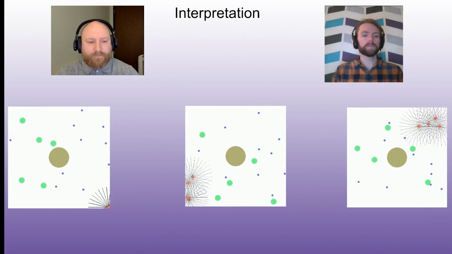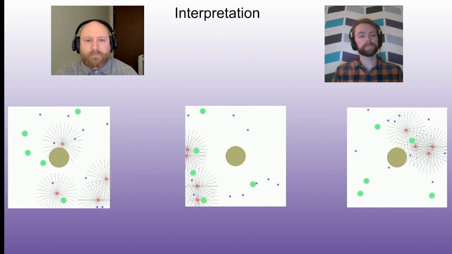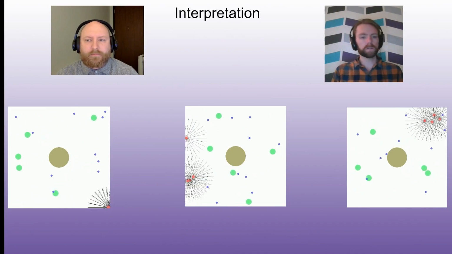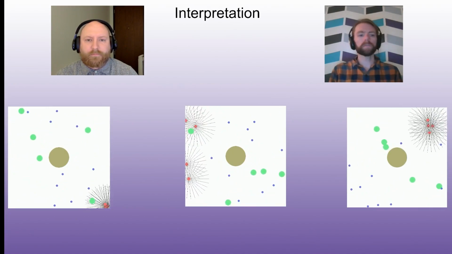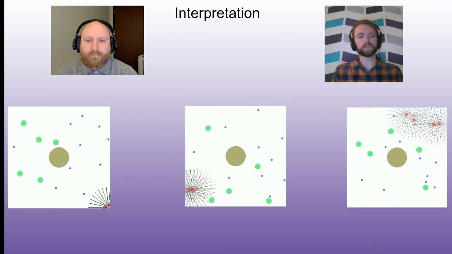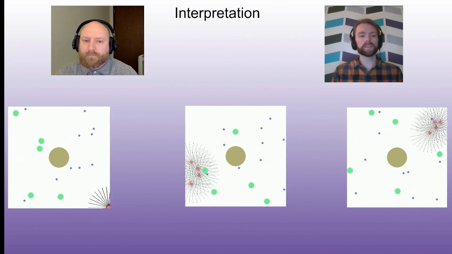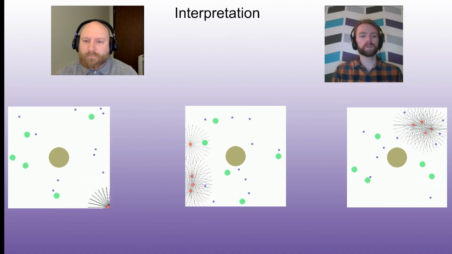Here we see three different visual examples along the training process of the multi-agent environment. On the first one, on the left, what we see is they have learned that they need to touch food together, but they haven't learned any sort of way to work together. So as a result, they all cluster in the corner, and when a food ends up getting close enough, they might reach out and grab it, but then they just stay in the corner and waste all their time.